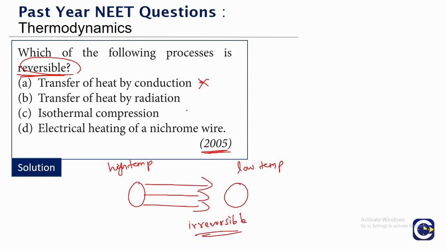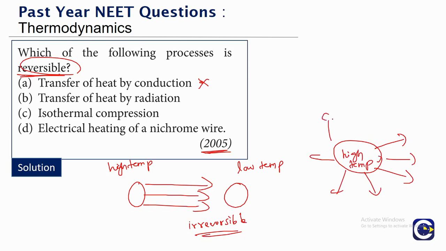Transfer of heat by radiation. So radiation also, right? We have an object which is at a high temperature, which means that it will be radiating a greater amount of heat, whereas an object which is at a low temperature will be radiating only a lesser amount of heat. So that way the radiation also is going to be what? Depending upon the temperature difference between the objects. A high temperature object will be radiating more, a low temperature object will be radiating less.